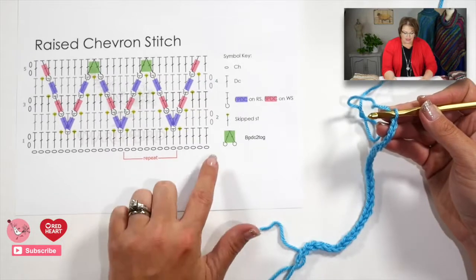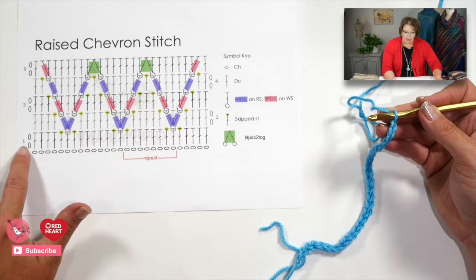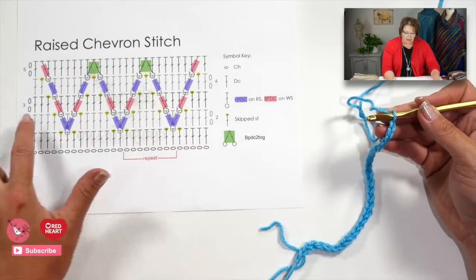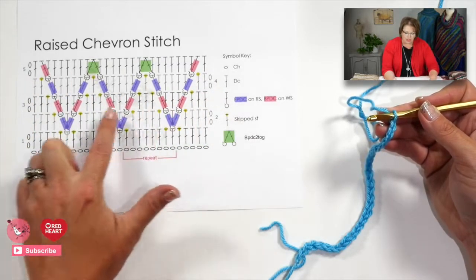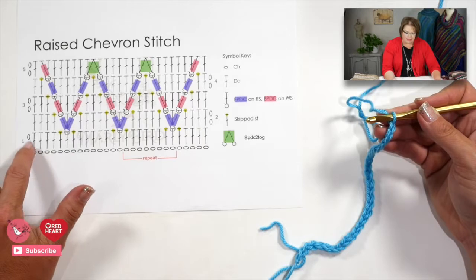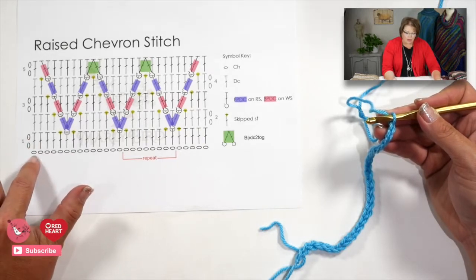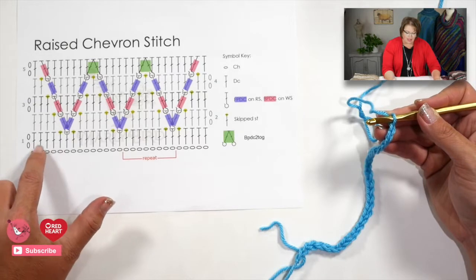Looking at the chart, you can see that these ovals down here are my 29 stitches, and my number 1 is right out there. You'll notice that the placement of the row numbers on the outside lets you know which direction you need to read the chart for that row. Right here you can see these 2 chains are sitting to the outside, and this stitch right there is a double crochet, and we will place it in the 3rd chain from hook. So we will do a double crochet in the 3rd chain from hook,